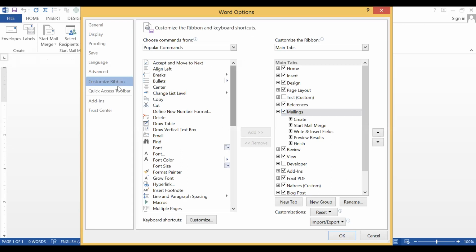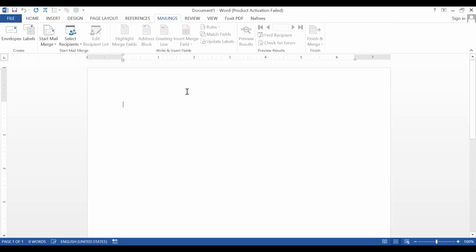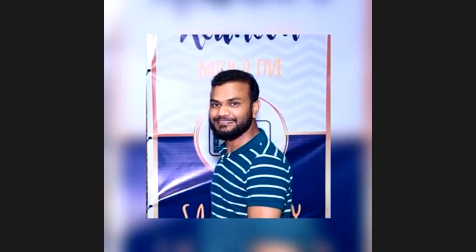If it is disabled, you can't find it in the ribbon area. Then you have to enable it, then click OK. We have discussed that already, isn't it? I think in the first class or second class. Are you clear now? Good. Okay, now let's move to the quiz part.